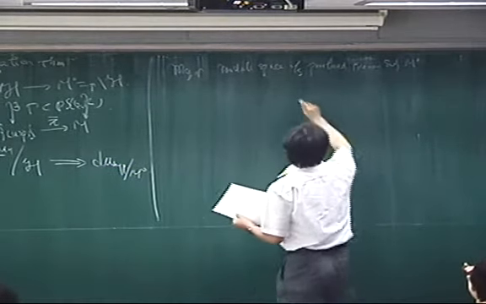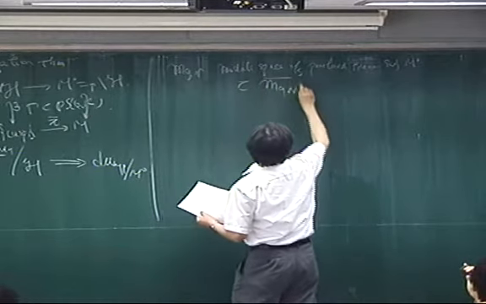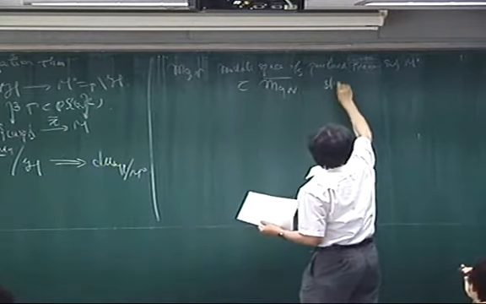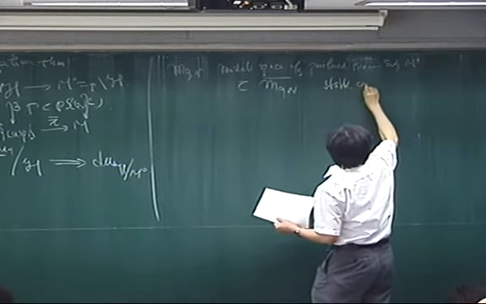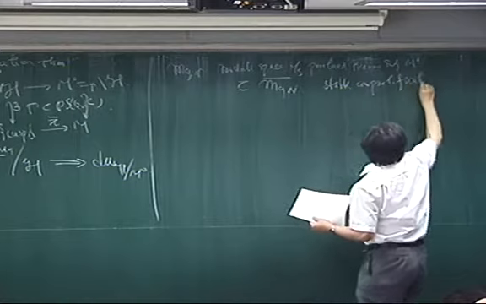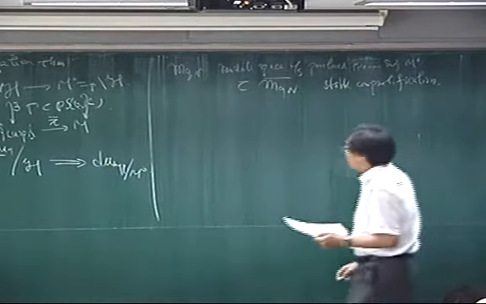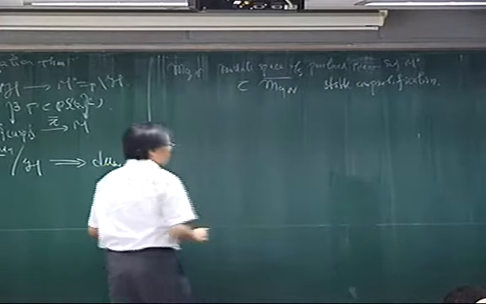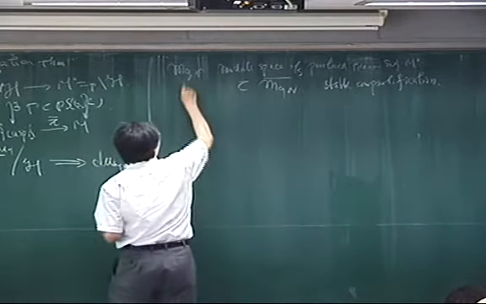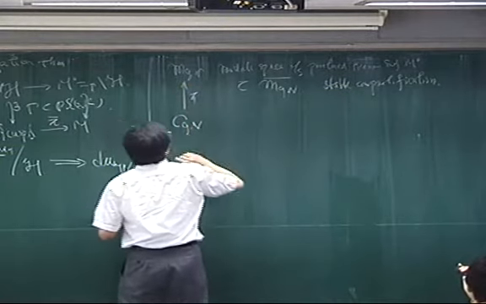You will have a very natural Deligne-Mumford compactification. It's a stable compactification. So from this construction, what you can get is that you have a natural map from CGN to this